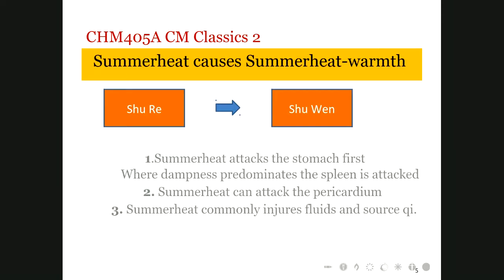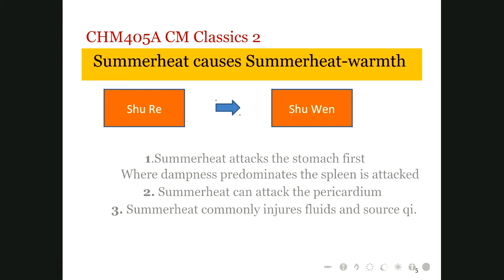Summer heat causes summer heat warm disease, which is very easy for us to understand from the diagnosis foundation and pathology study. Which part of the body does summer heat attack? The stomach straight away, because all the portals are open in the summer, and most of the pathogens entering the body in summer come through eating and drinking or contamination of any kind of food. Summer heat affects the stomach very easily, resulting in nausea, vomiting, food poisoning, and the spleen will suffer at the same time.